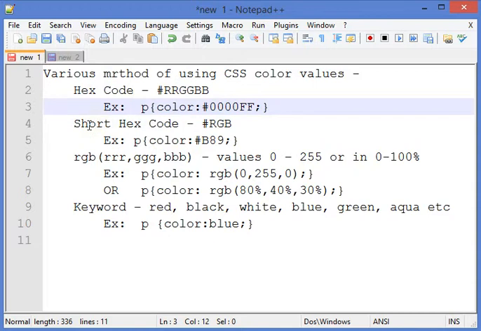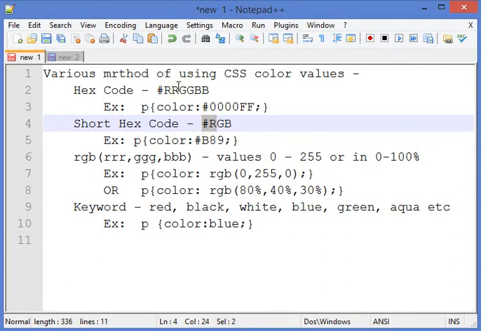There is a shorthand way of writing the hex code. Simply, in place of 6 digits we can use 3 digits. But how will it work? It is basically used for special purposes, like if we have a color value such that whatever we write for R will repeat its value, then G, then B. Suppose for example here I have written hash B89.